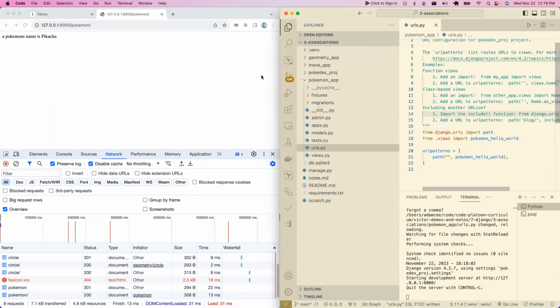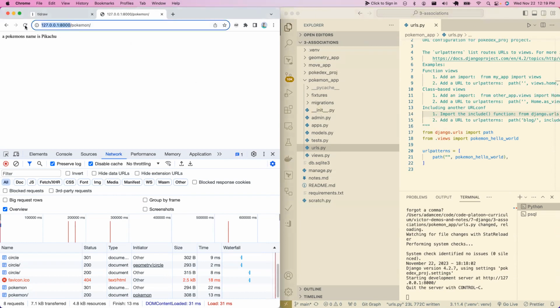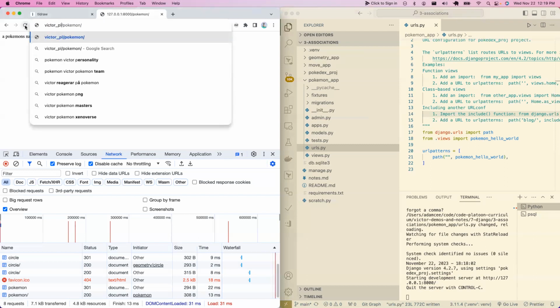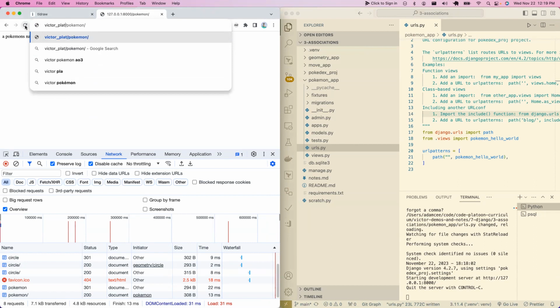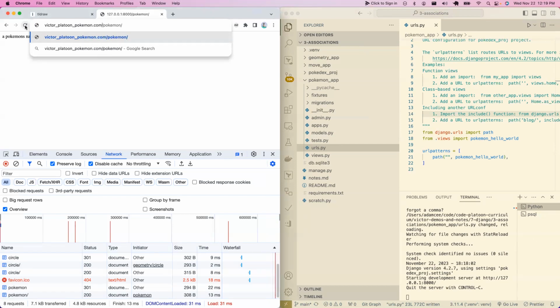And so then I, as the user in my browser, go to pokemon.com/pokemon/trainer, or /trainer/